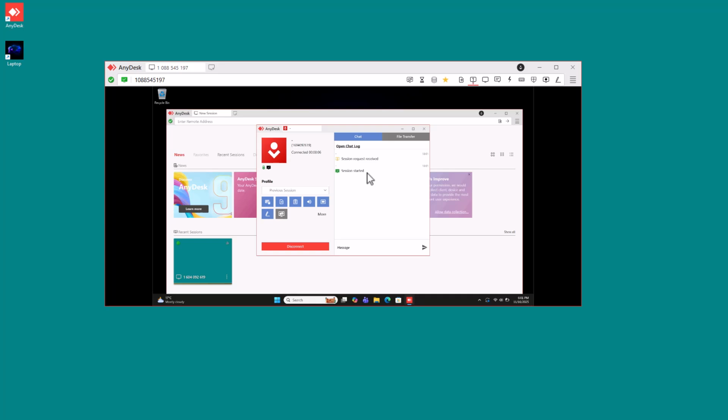So that is how you can create shortcuts for devices that you have for access inside of AnyDesk. So I hope you guys learned something as